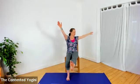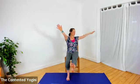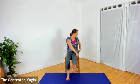We're going to breathe in, lengthen the right leg in front with the arms nice and high. And as we breathe out, twist to the right, extending the leg all of the time. Breathing in back to the center, just reaching the arms up. And breathing out, twisting to the right. Very good. We're going to breathe in as we bend the right knee back to the floor, reach the arms